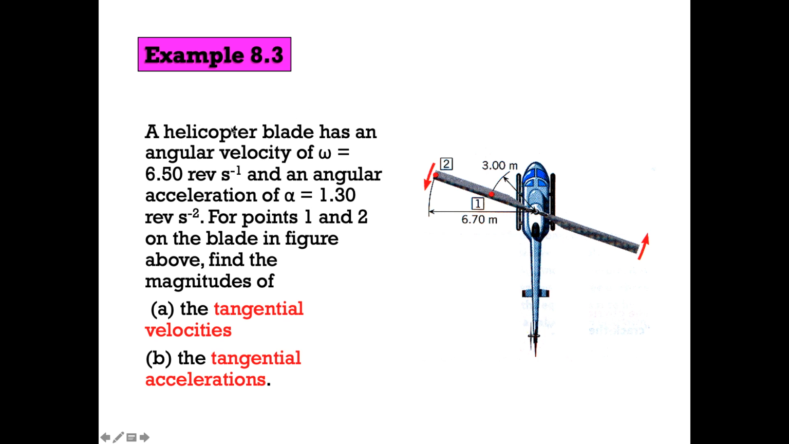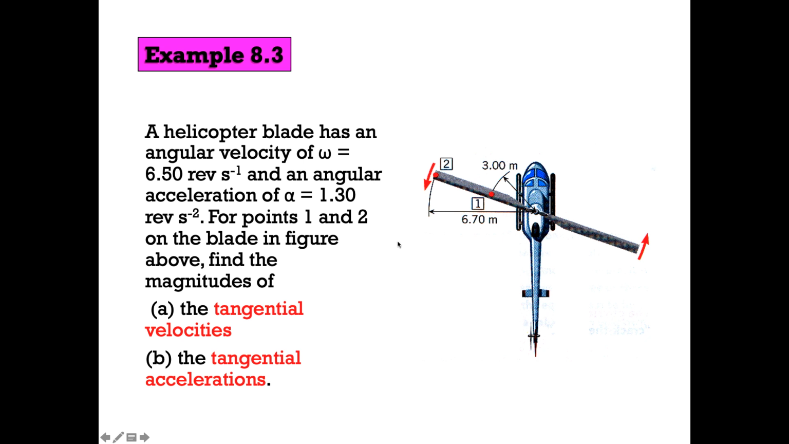Example 8.3. There is one helicopter here. The blade of the helicopter will do rotation at this axis. The angular velocity of this blade is 6.5 revolutions per second and the angular acceleration is alpha equal to 1.3 revolutions